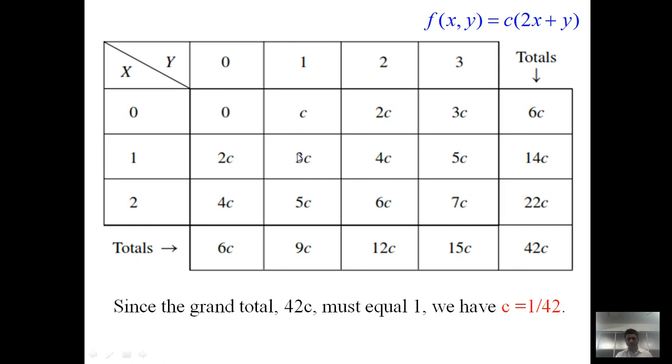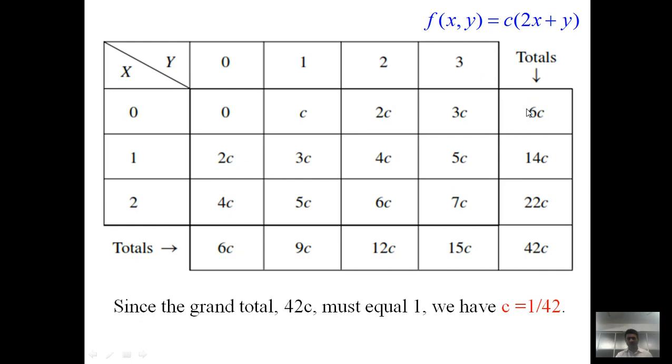Now for this position x is 1, also y is 1, so for x=1, y=1, the bracket takes the value 3 into c, so this is 3c. Similarly we have to obtain all these values. Suppose we have to talk about this point. So at this point x is 2, y is 3. So x is 2, so 2 into 2 is 4, y is 3, so 4 plus 3 is 7 into c, so 7c is here.